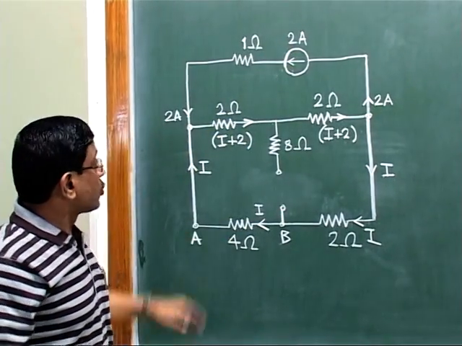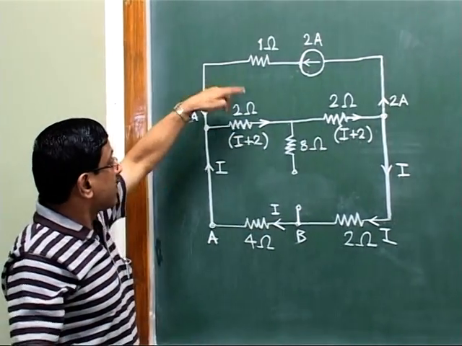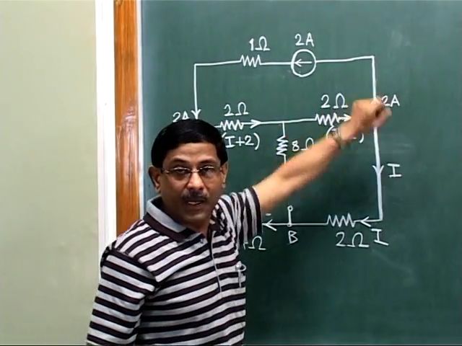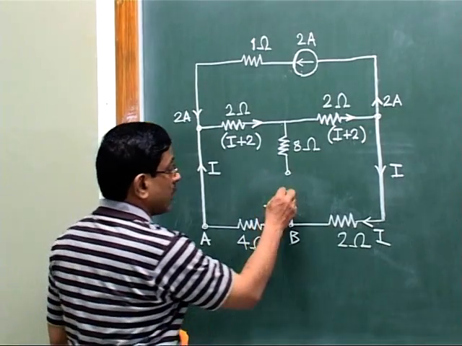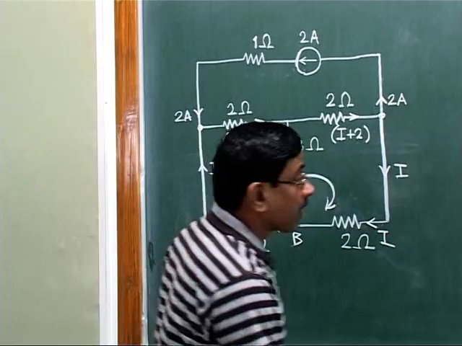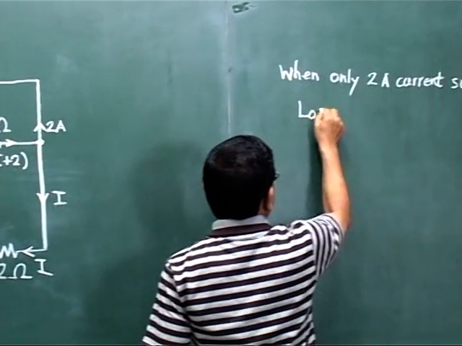Or as usual, we had shown in earlier problems also that this current source we had just replaced with floating wires, 2 ampere like this. So only this particular loop will be there. So I will just mark this loop. We write the loop equation. So loop equation will be,